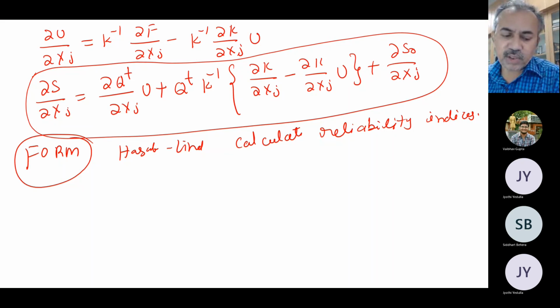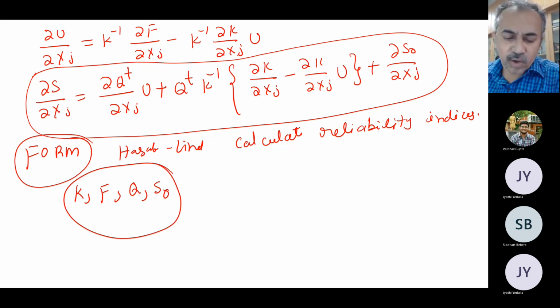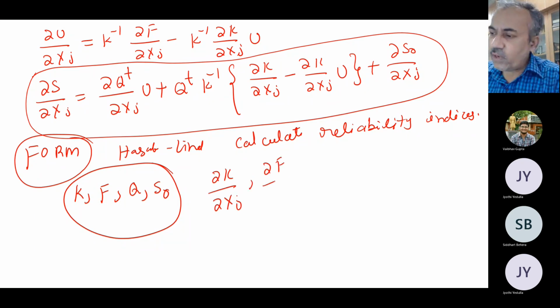To implement this stochastic FEM, you should know the stiffness matrix, the load vector, then the Q, that is a transformation to obtain stresses or strains. This is the first step. You have to find out all these numbers. In the ordinary FEM, you use this itself and close your analysis. But since it is a stochastic FEM, because your random variables are uncertain, you have to find out the derivatives: dou K by dou xj, then dou f by dou xj.